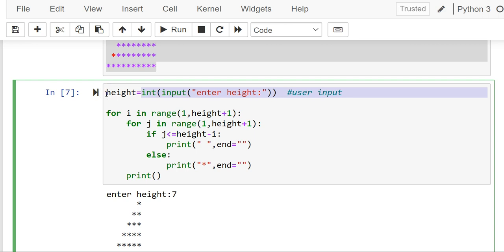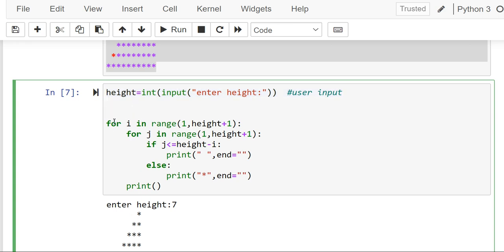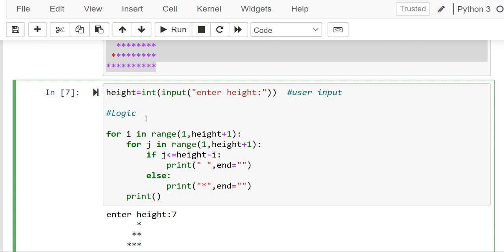See here, till now we have done the input, how to take the input from the user by the keyboard for the pyramid of stars pattern program. After that here is the main logic to print the pyramid of stars pattern, and listen very carefully. Here we are going to work with two loops, the main for loop and inside it one more loop. That concept is called nesting, and the nested concept is very important when writing programs in your own way.